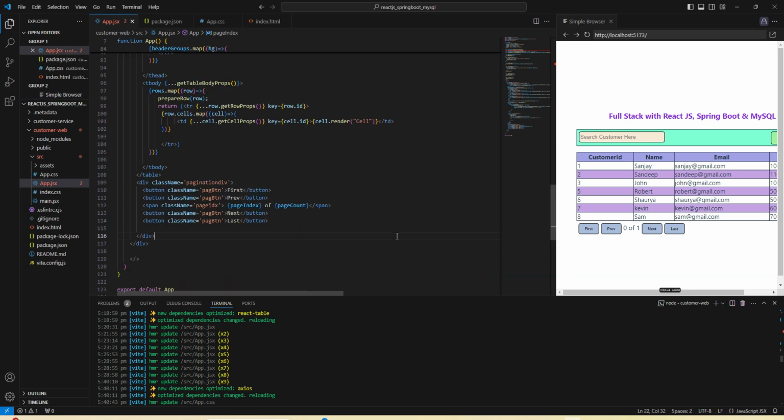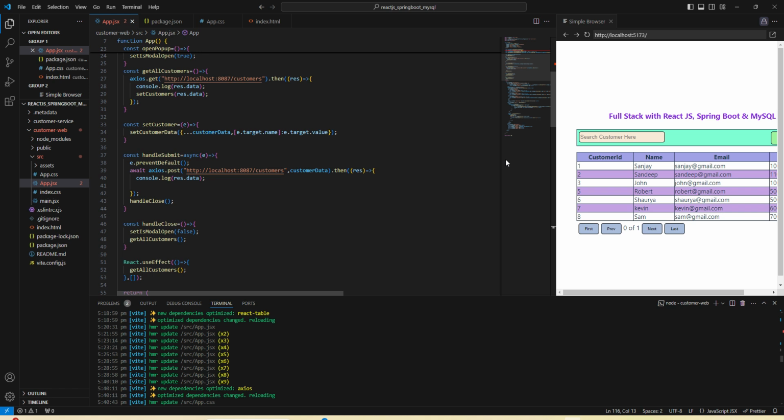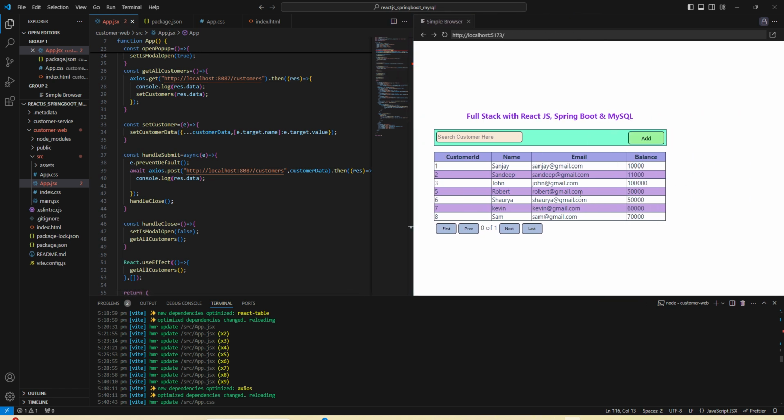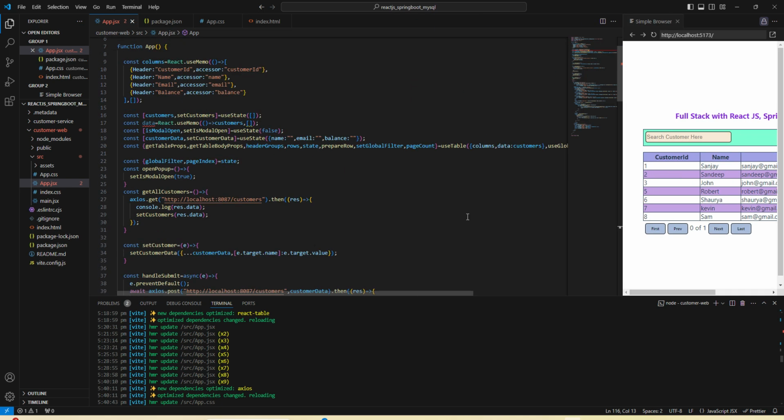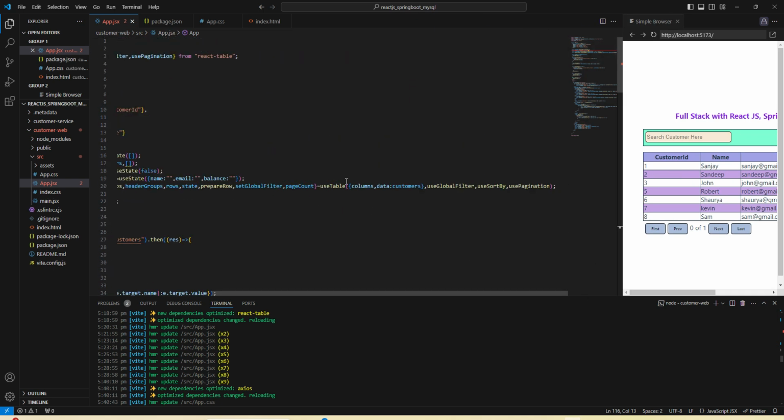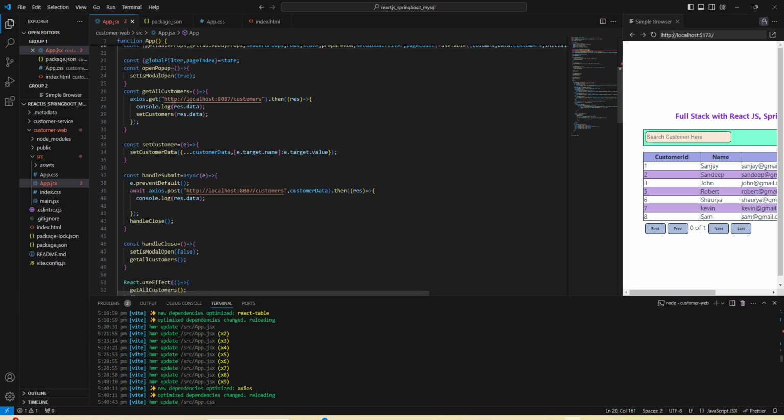So here, okay, fine. What next we can do: right now the default record size per page is 10, so we can change it and make it 3 so that we can see the pagination. We can add that as an initial state, add page size, and mention how many records we want shown per page. Here we can say 3, and once we refresh,